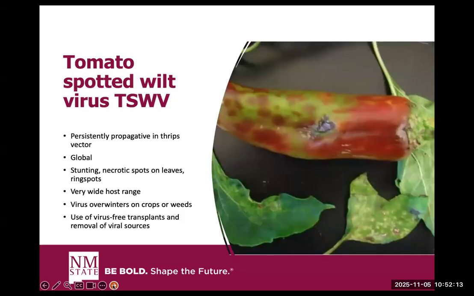All right, tomato spotted wilt. This is persistently propagatively transferred in the thrips by the thrips vector. Tomato spotted wilt is found pretty much everywhere. It's a really big problem in greenhouses as well. Starting with clean stock, starting with clean plant,